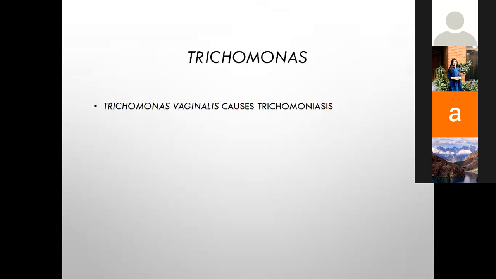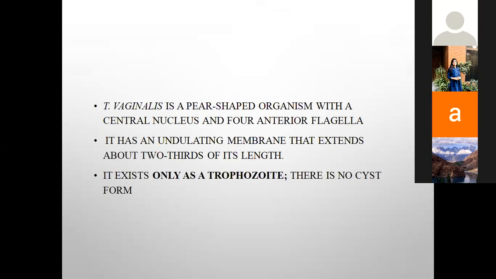The third one is Trichomonas. We will discuss this one and we will summarize all of these. Trichomonas vaginalis causes trichomoniasis. Trichomonas vaginalis is also a pear-shaped organism with a central nucleus. Now, how will you differentiate it from the previous one which we have discussed? It is single nucleated, while the previous one had two nuclei. But the pear shape is there, and the flagella are also there. It has an undulating membrane that extends about 2/3 of its length, and it exists only as a trophozoite. There is no cyst,